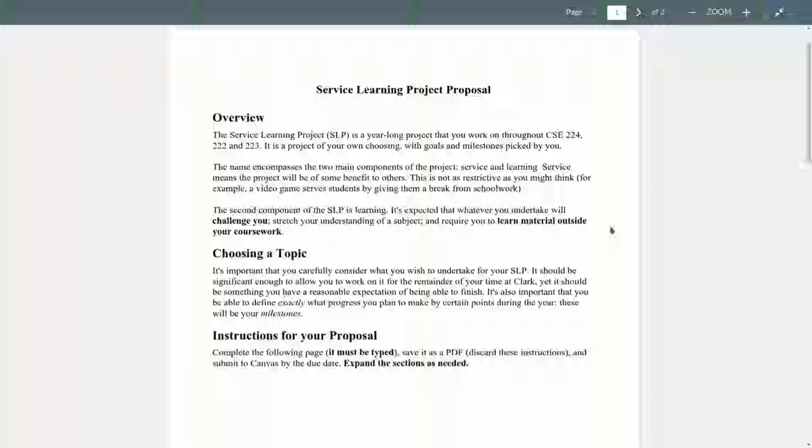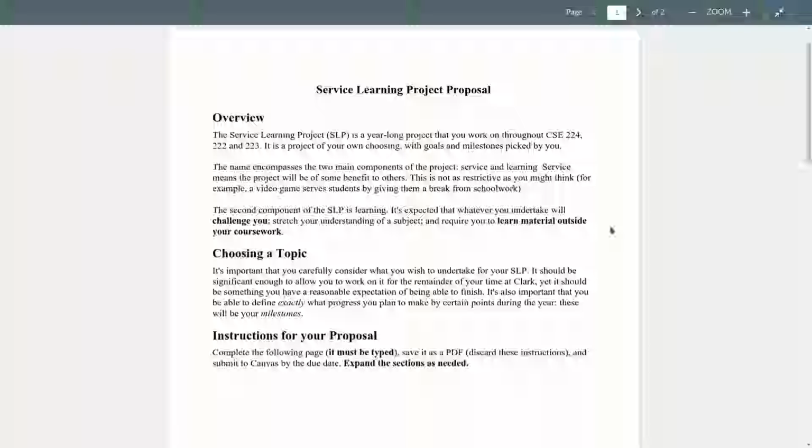Okay. So part of the education here at Clark is this three-quarter-long project you're going to work on throughout 224, 222, and 223. If you're an electrical engineering student, you work on this during 204, 252, 253. But every electrical engineering, computer science, and computer engineering student works on this year-long project, called the Service Learning Project, or SLP.